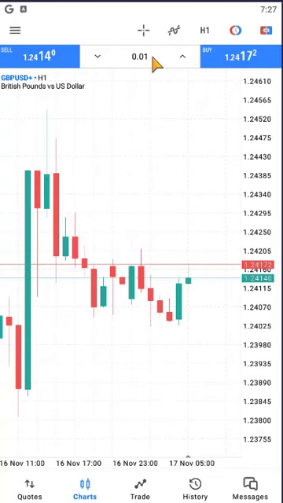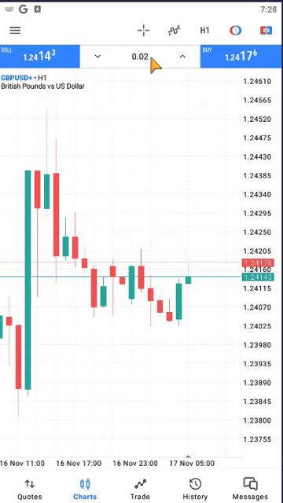The lot size. So the volume in trading is known as the lot size. You can furnish your lot size. I mean, you can click inside here to type, right? Now this 0.01 is the micro lot size. If you type 0.02, it's still micro lot size, but 0.02 is 2 times bigger than 0.01. Whatever amount you get with 0.01, both positive and negative,